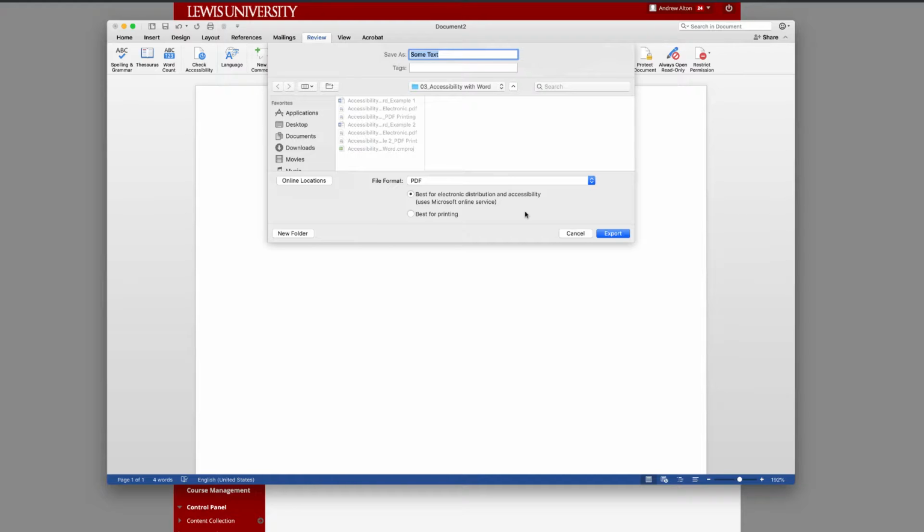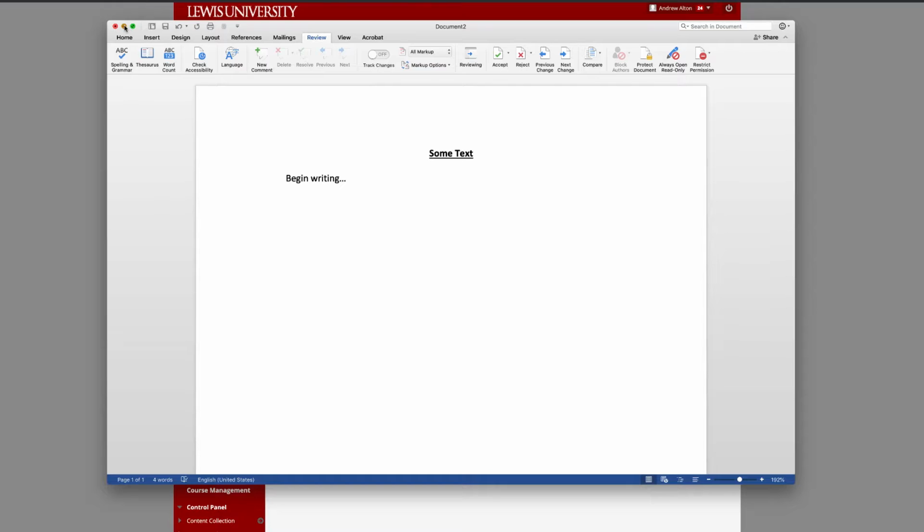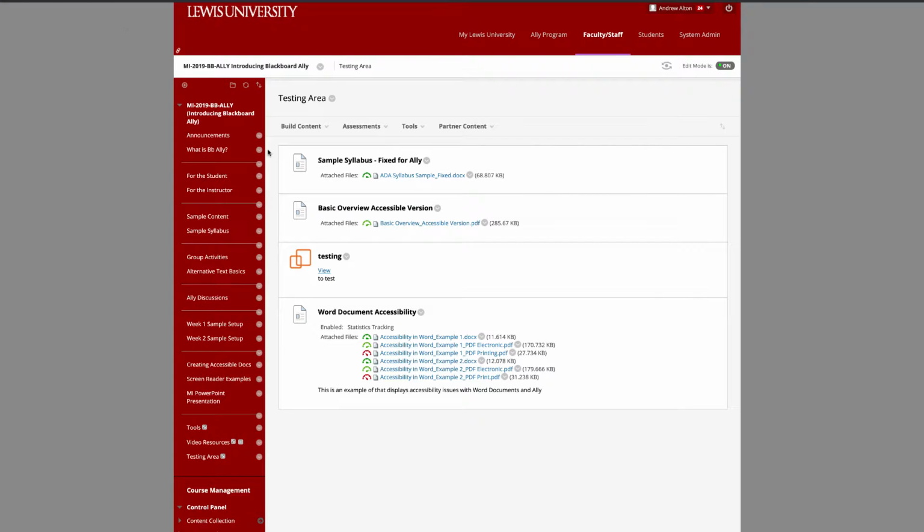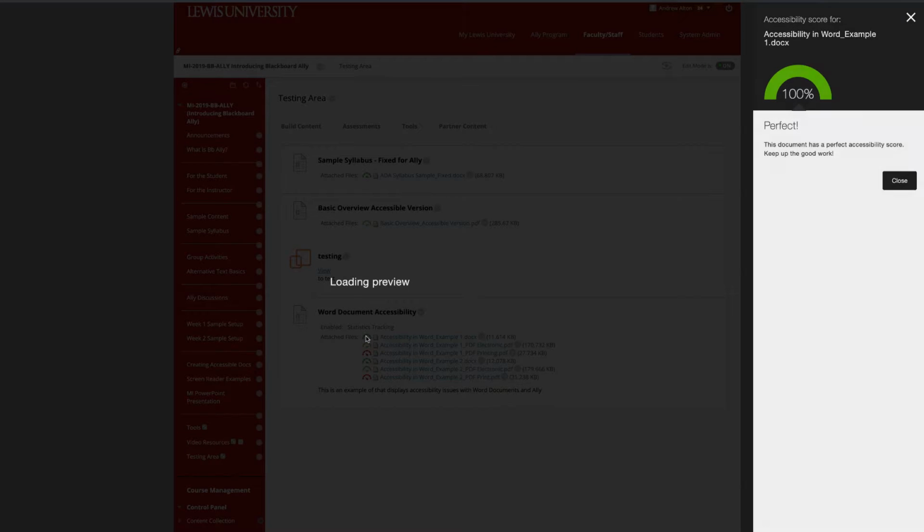I'm going to show you a couple of examples inside of Blackboard of documents that I've already created with these, and we'll see what the accessibility checker gives us. So I'm going to go ahead and hit cancel. Just minimize this. Okay, now I have two sets of documents here, and you can see I have varied results with the accessibility checker. The first one here is a Word document, and if I click on my accessibility checker,